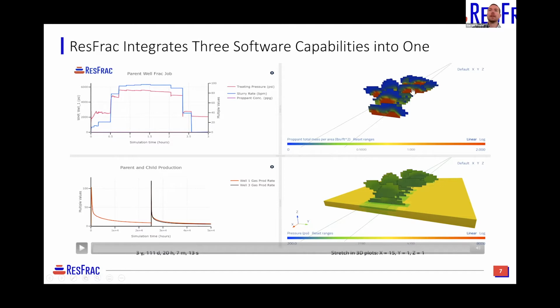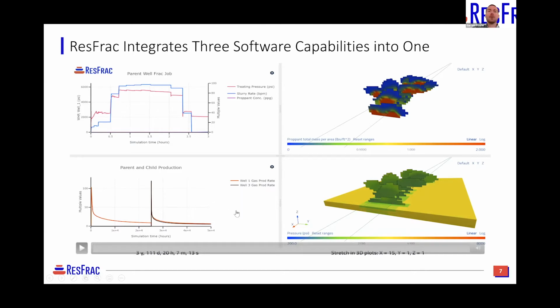In the upper right, I'm showing both the fracture geometries as well as proppant distribution. The warmer color here is a higher proppant concentration. And then in the lower right, I'm showing pressure. While fracturing, we'll see a very high pressure in the fractures as they propagate. That fracture pressure will then be drawn down when we go into production. And then you'll see pressure deplete in the matrix rock as well, surrounding those fractures. So again, this is a fully coupled solution, so it'll run end to end.